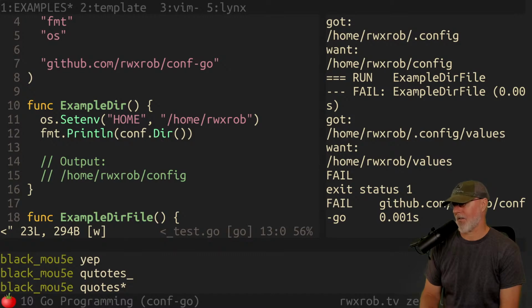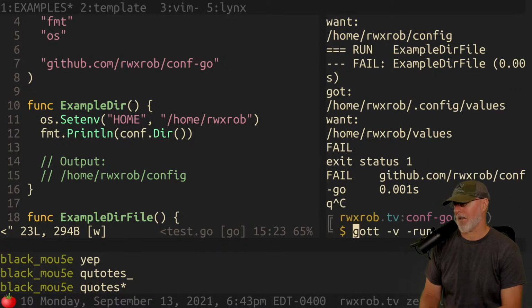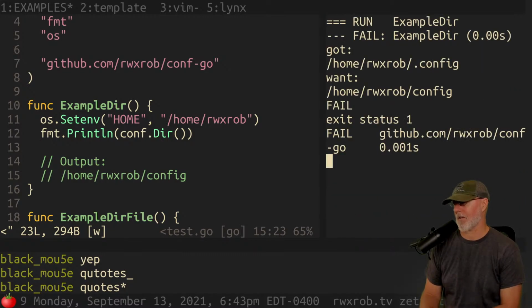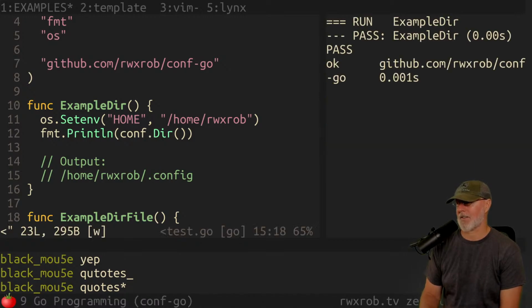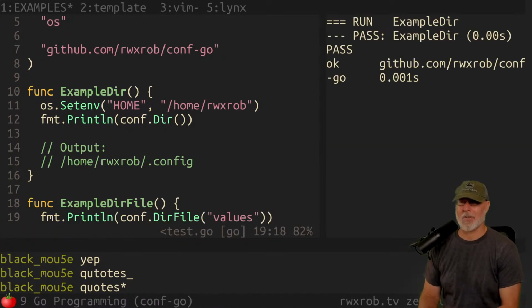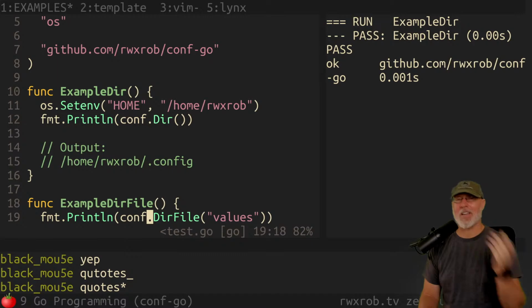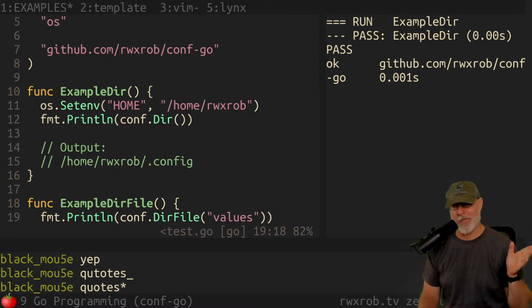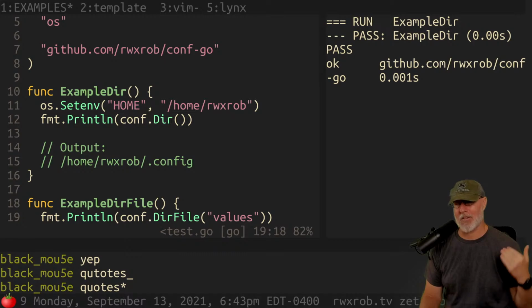Example got config values, want values. Oh, wait. If you're going to do this, you got to trail it. There we go. Dot config. Pass. All right, so you see what I did there? Because os.UserHomeDir respects the environment variable, you can set the environment variable in your test to make your test work.